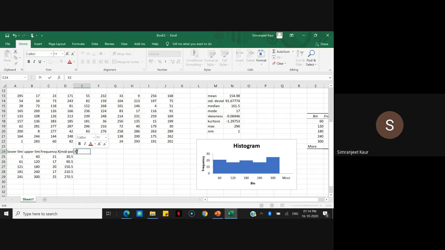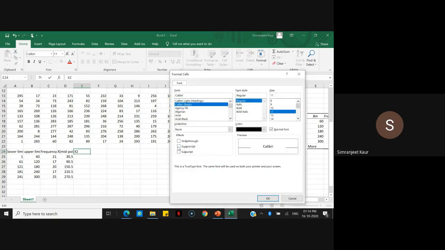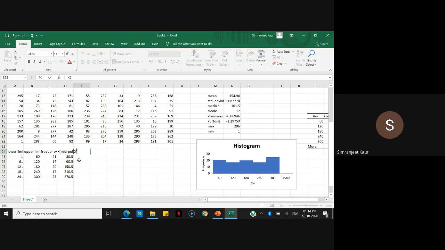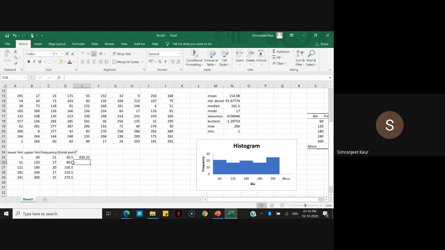You select this 2, press Control 1, then superscript, okay. So x square will be this multiplied by again this. Press enter. So you have x square, then I'll again drag it.